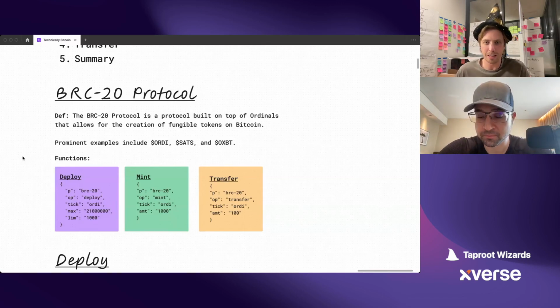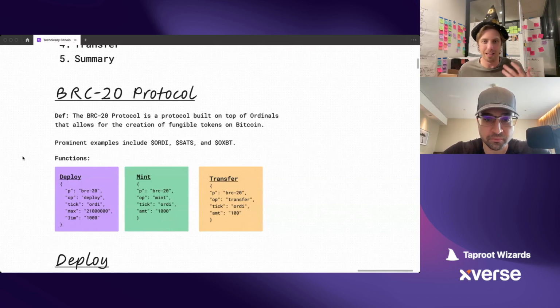And essentially, in the same way that ERC-20s allow you to create the meme coins on Ethereum, BRC-20s are allowing you to create the meme coins or the valuable coins on Bitcoin. Choose to do with them as you will. But it is a way to create these fungible tokens on Bitcoin. Currently, this is really the protocol, the standard that has the most adoption when it comes to creating fungible tokens on Bitcoin.